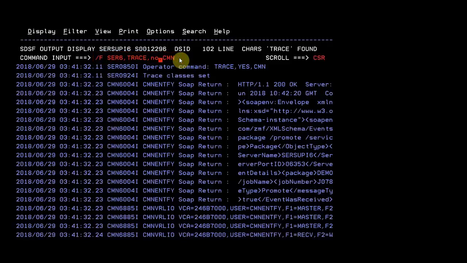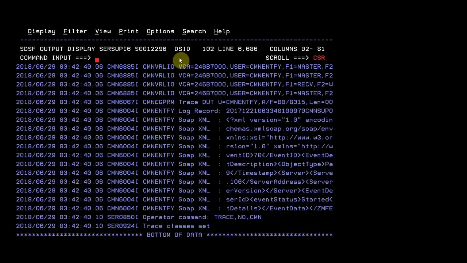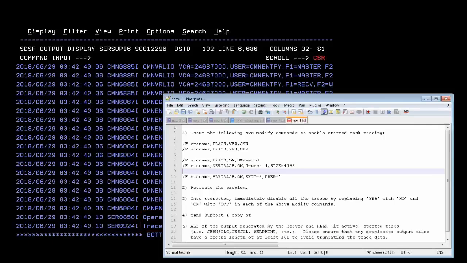And then you press enter, and that will stop the trace output. If I go down to the bottom of the spool output, you will see trace no, and the trace classes are set. So that is in all what you have to do